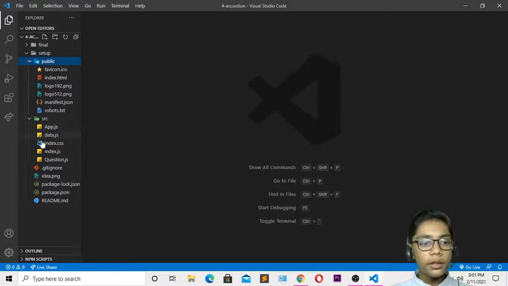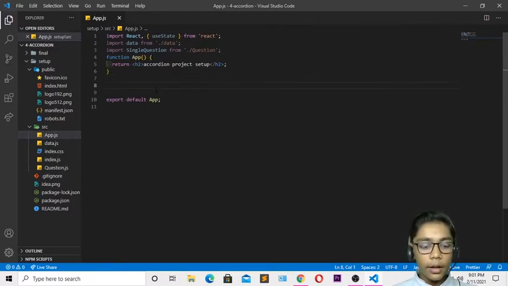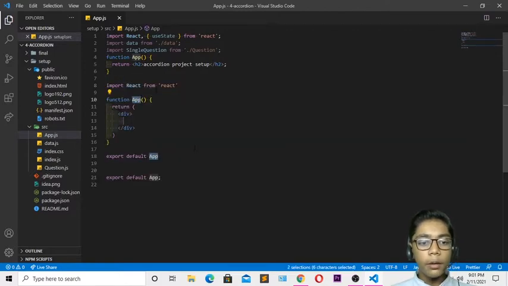You have to take all these files here. First of all we will work with this file, because we have to link all these files with this app.js, and then we will link with question.js and all the files which we are creating. When you've done that, come underneath and write rfce, press enter, or you can also press tab because it is a shortcut key for writing that. Press backspace here also.